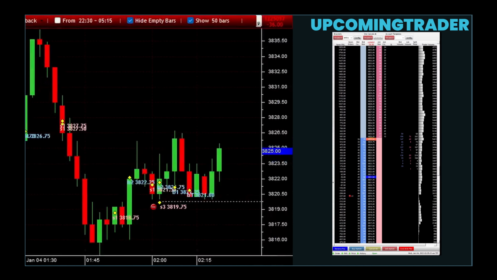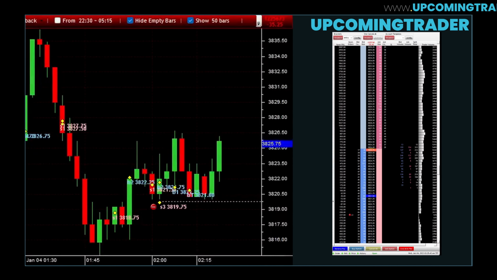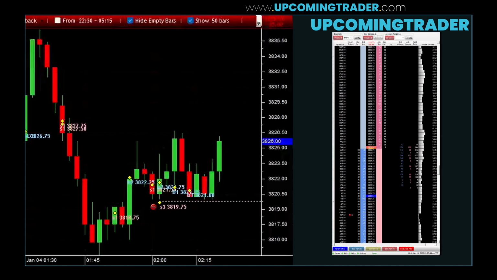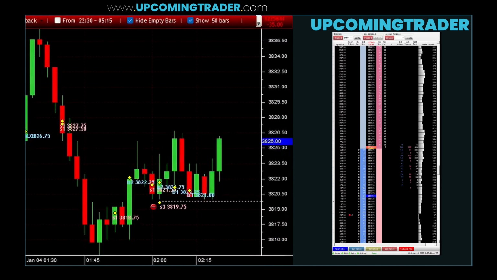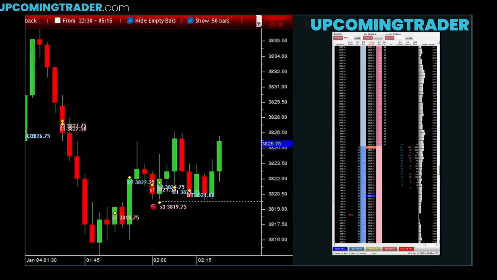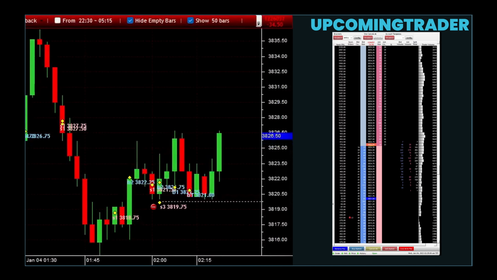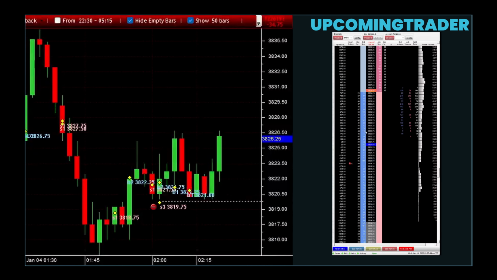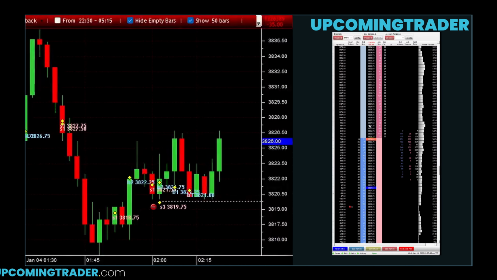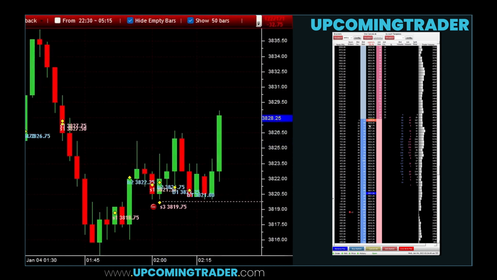The head and shoulders pattern is used by traders to identify a potential trend reversal. When the price breaks below the neckline, it often indicates that the previous uptrend is coming to an end and a downtrend might begin. This is why it is considered a bearish reversal pattern. Traders will often use this pattern to time their entries for short positions or to exit long positions before the